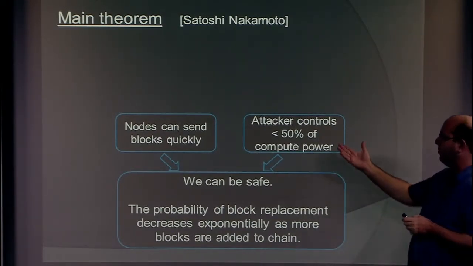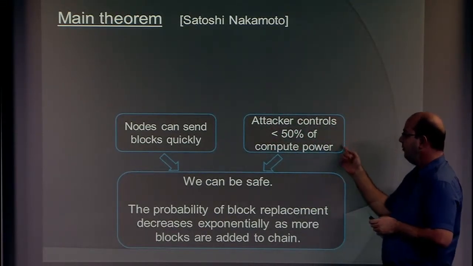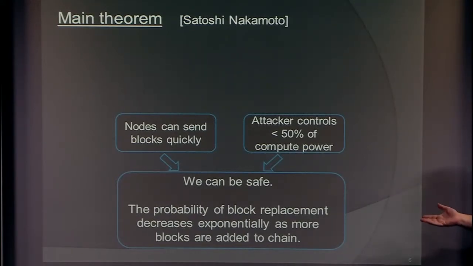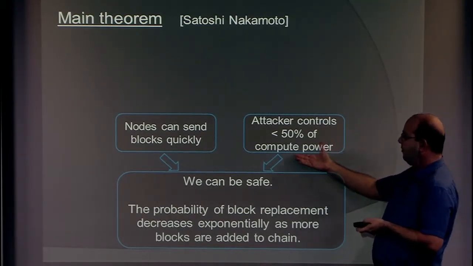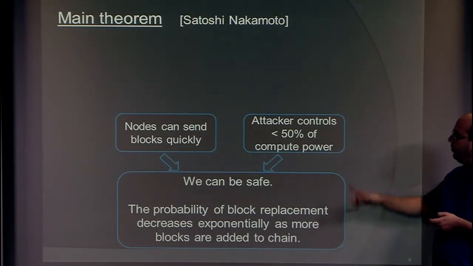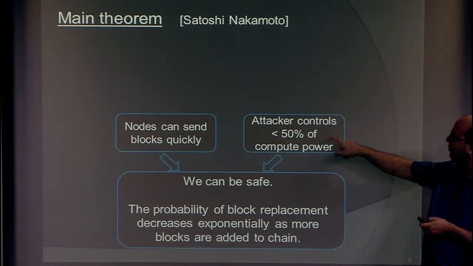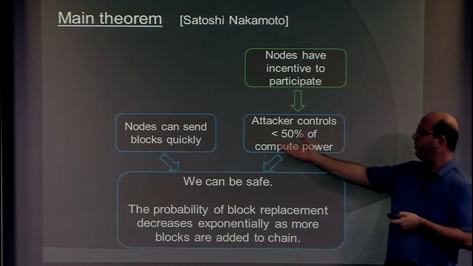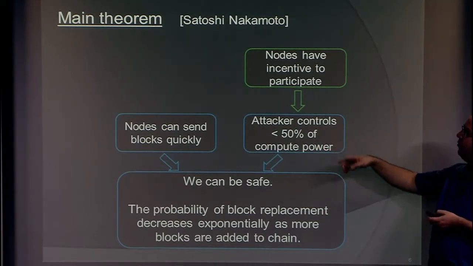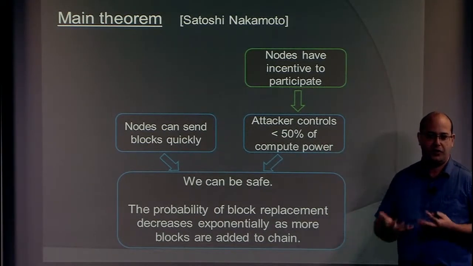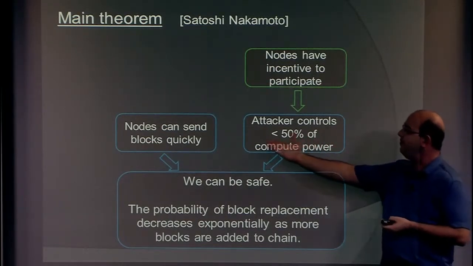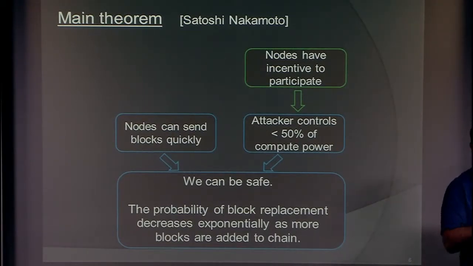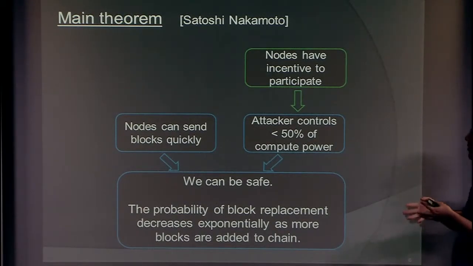So one of the problems is that when you look at this assumption, it's very hard to know what to make of it. We don't know what the attackers that are out there are doing, or how much computational power they have. So this is not something that we can easily work with. So Bitcoin really replaces this assumption. Instead of thinking of how much power the attacker really has, we try to get the network itself to be very large, in the sense of having a lot of computational power invested in solving these computational puzzles and building blocks.